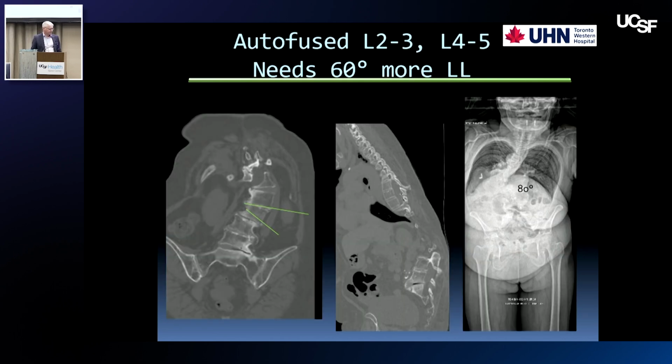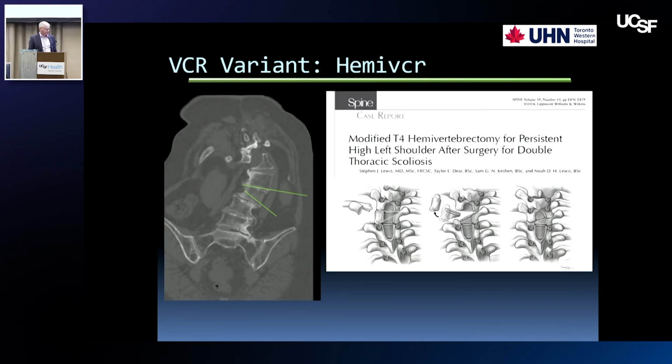And you can see, we looked at her, she has a gross coronal and sagittal malalignment. She's pretty flat at the bottom, but the real driving force is this major deformity up at the thoracolumbar junction and upper lumbar. And so we ended up doing, I do these hemi PSOs, which we take out just through the apex. We described it for a late Lenke 2, but we did it here for her case,